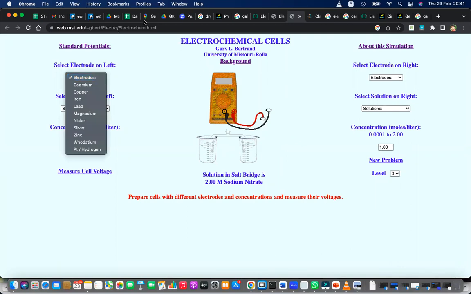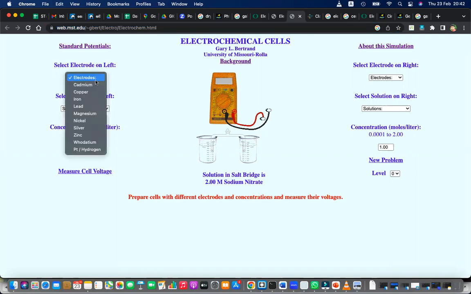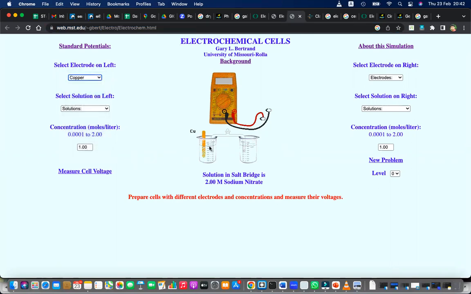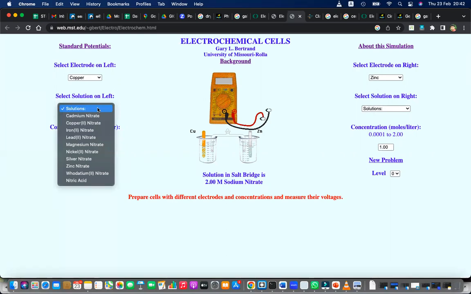Okay, here also this is an interactive one. I will share the link of this to you. Everyone can test that. Try to use copper electrode one side, right, and on the other side try to use zinc. The solution is basically you can use salt bridge and the solution, let's put copper